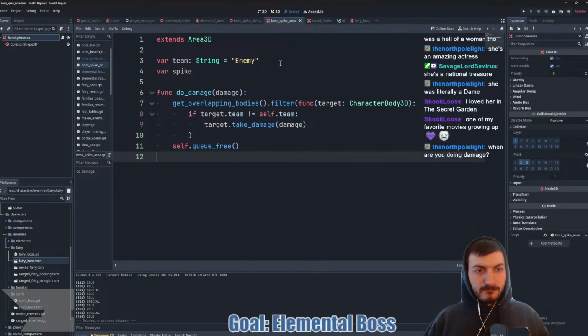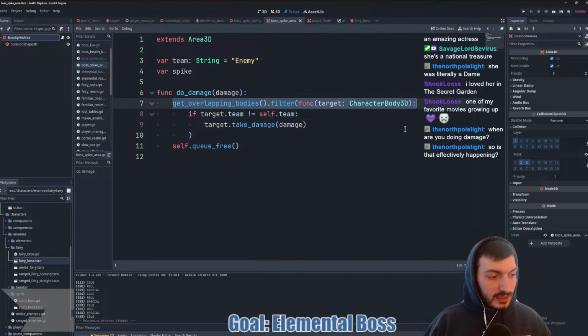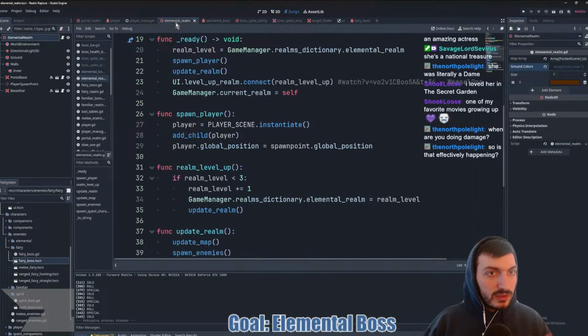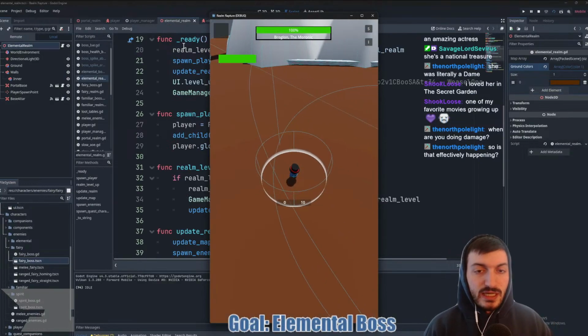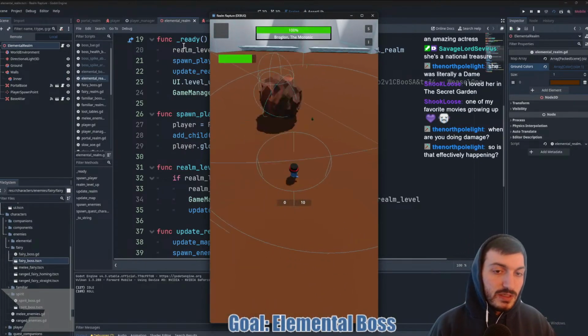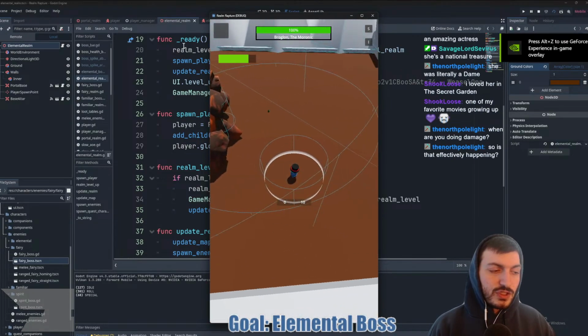And the area, when it's told to do damage, gets all the overlapping bodies, and it filters to see if there's a character body in it. So is that effectively happening? Yes, but only for a couple of them. I didn't really check if it was doing damage. I just kind of assumed it was, but only a couple of them queue freed, which is odd.